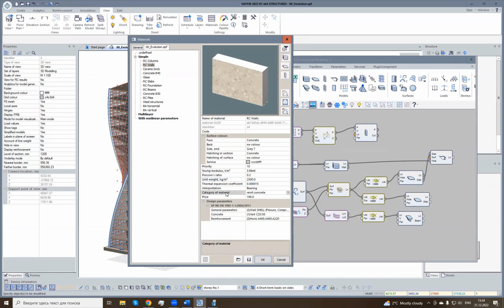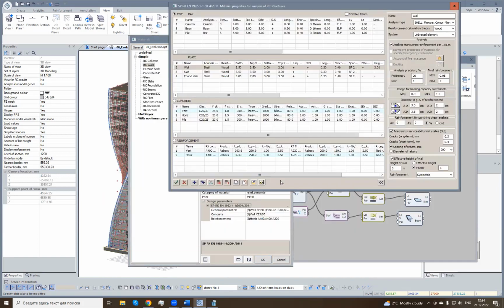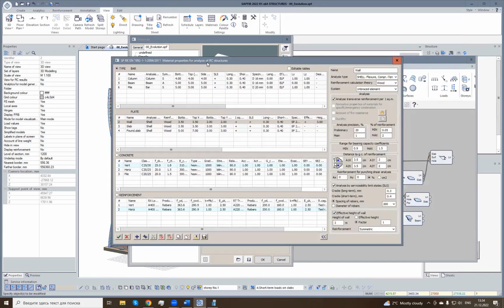Then an important property is the category of material. It is reinforced concrete. Here we have categories: metal structures, masonry structures. If the category is reinforced concrete, it means that design parameters will be shown for reinforced concrete analysis. And here we can see the building code that we have selected for analysis of reinforced concrete. And if we press these three buttons opposite to this building code, we can see the material properties for analysis